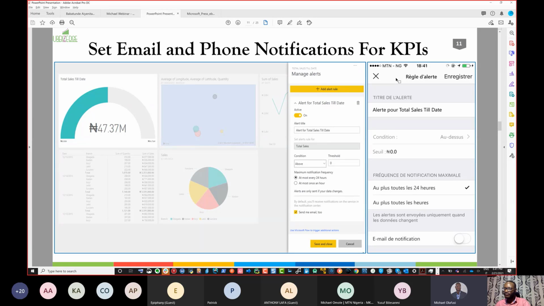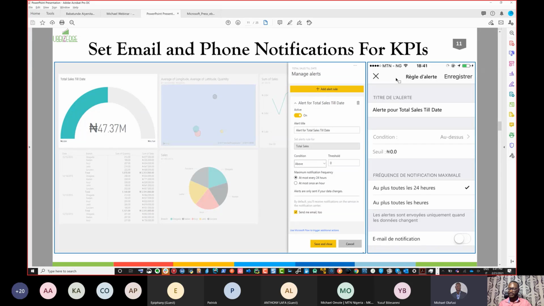So it doesn't have to be a case of what we do in Excel where you put conditional formatting, which is nice, but until you open the Excel file, you're not going to see the conditional format. So that's what makes alert something beyond that. Alert is a kind of push mechanism. You might even be at a party, maybe it's a Saturday, you guys are at an Owambe, and you will get the notification, oh, this thing had happened, because it's a push mechanism. It pushes the notification to you